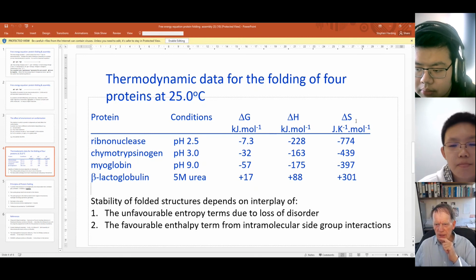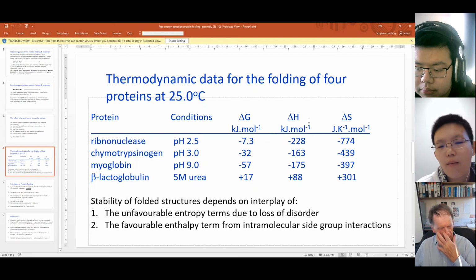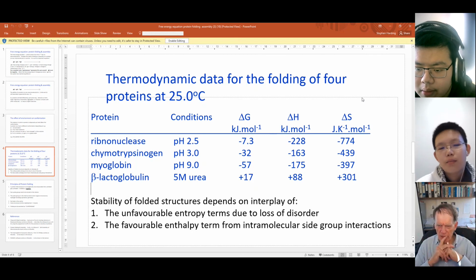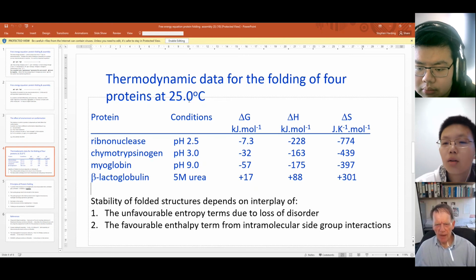So delta S is negative in all these 3 instances, even under acid or alkaline conditions. The delta H, the heat energy change, is negative: minus 228, minus 163, minus 175. And of course, you'll need to multiply by the absolute temperature. So it's T times delta S, and T is not 25, but 273 plus 25. That's 298